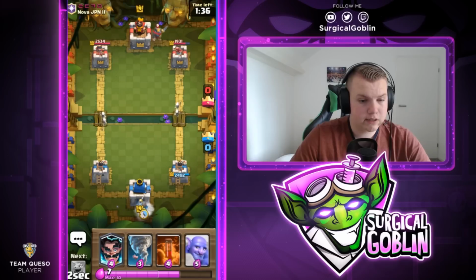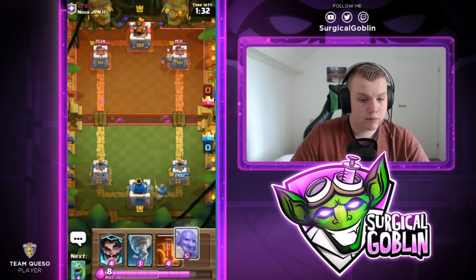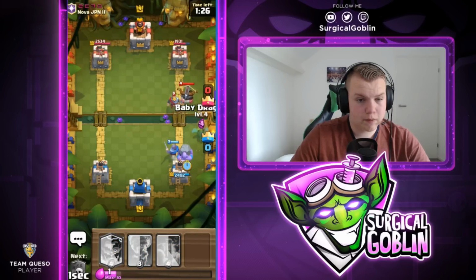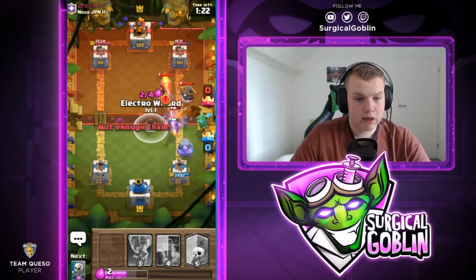So he drops the knight in the back. I will do the same. I have my bowler ready in case he switches lanes. But let's see. He actually decides to go into the same lane again. So I will drop a Baby Dragon again as support. I don't think he has his Mega Mini cycle. He actually drops his...